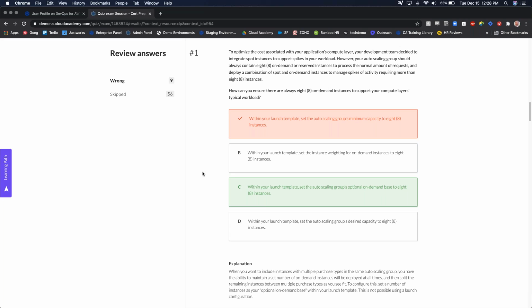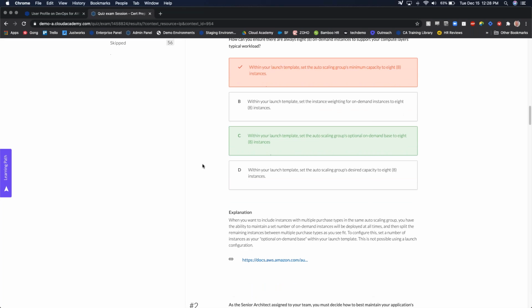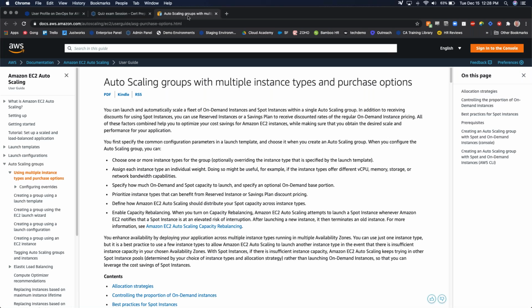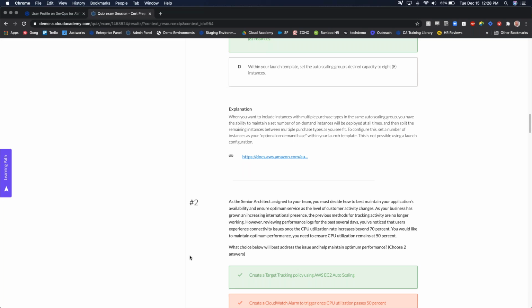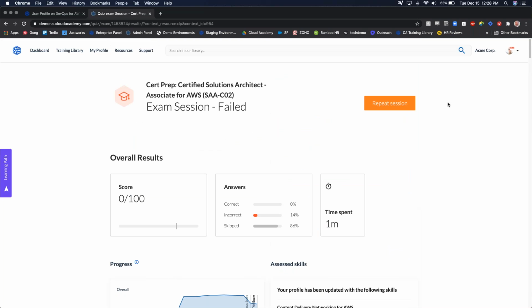Now, lastly, towards the bottom, we're not only going to provide the correct answers, we're also going to provide an explanation along with linking to external documentation where appropriate. So that is the end user experience within the Cloud Academy platform. Once more, please don't forget to throw those questions into the chat box.